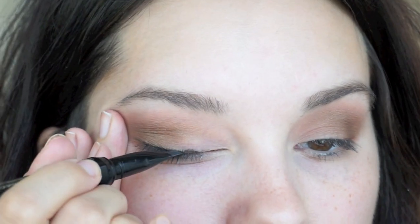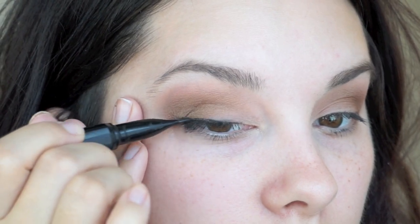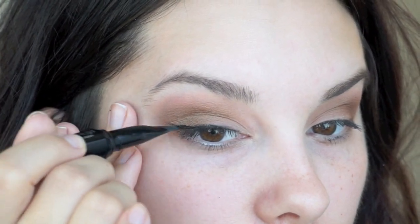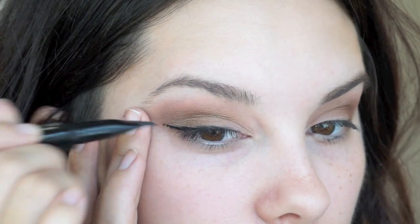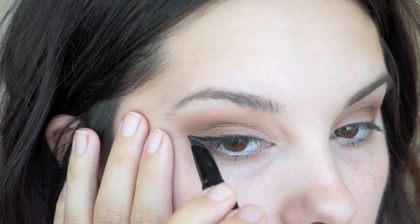And I'm going to go in with the Benefit liner. I love this liner. As you can see, I already had a little bit on my lid. I was using the Maybelline gel liner with a brush and it was just not working for me. And this really doesn't work for me either. I've had so much trouble, but anyways, I get it together at some point, and yeah, just create a small